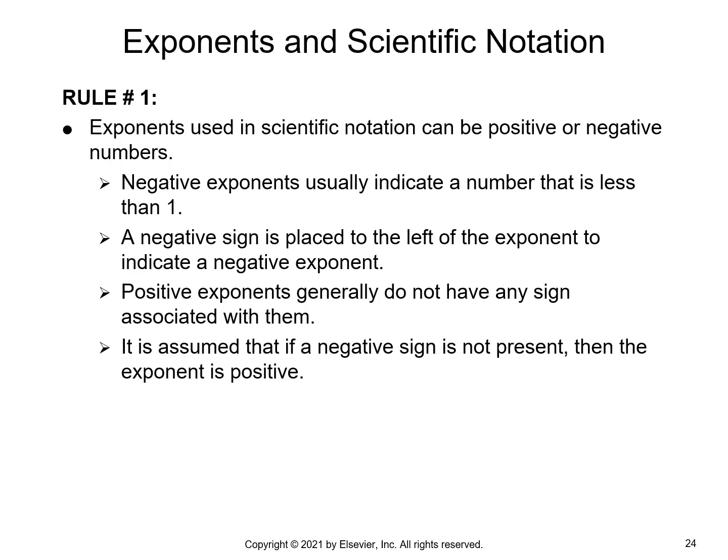So now we're going to talk about some of the rules when you are using exponents in scientific notations. Exponents used in scientific notations can be positive or negative. And a negative exponent indicates that that particular number is less than 1. So let's use this example here,